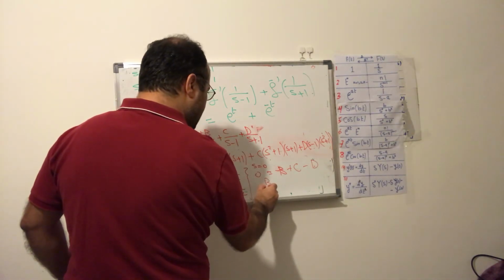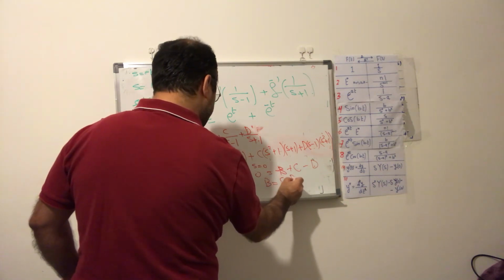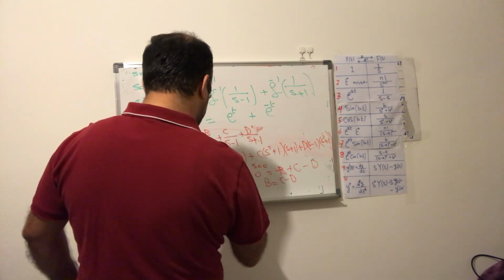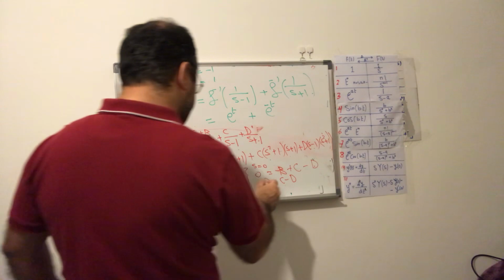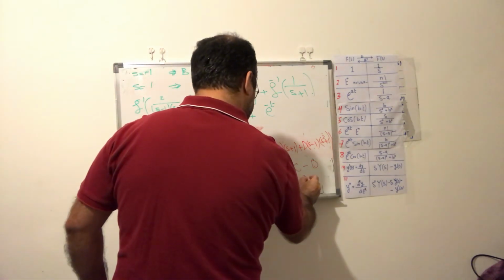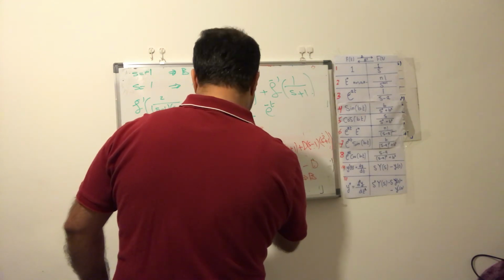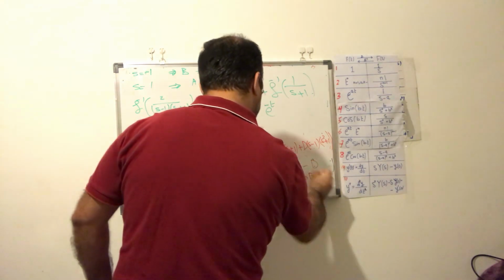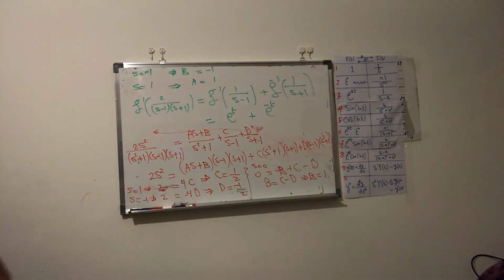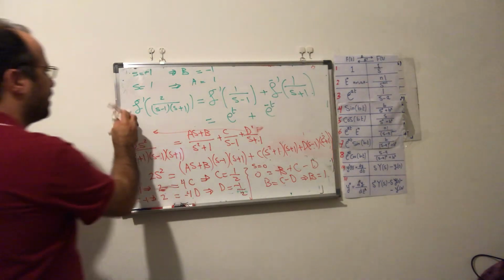Then b will equal c minus d, then you will discover that c minus d, so your b will be 1, yeah? And then if you solve for A now,